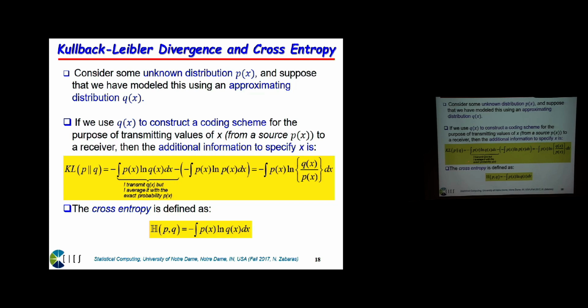So the measure, this Kullback-Leibler measure, is this integral for continuous distributions of minus P ln of Q over P dx, okay? If you expand it, you have minus P log of Q, which looks like entropy, but is what we call cross entropy. So basically, the idea here is that the actual distribution of X is P of X, but basically you code it with an approximation Q of X. So it looks like entropy, but P and Q are different.